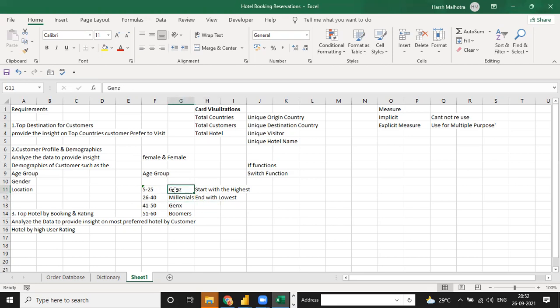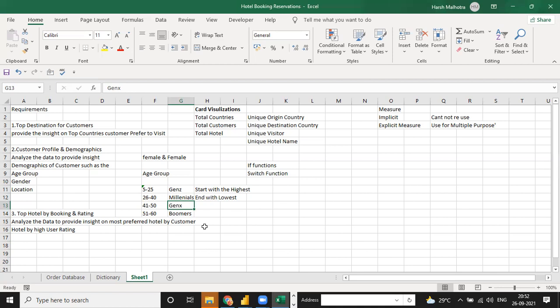You have put in the IF function and calculated the categories, I mean what value falls under which category. However, this is not in between. If we exactly need to calculate in between, like 5 to 25 or 26 to 40, how would we calculate?